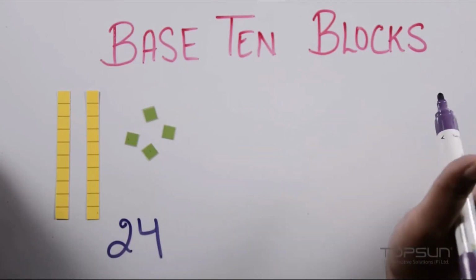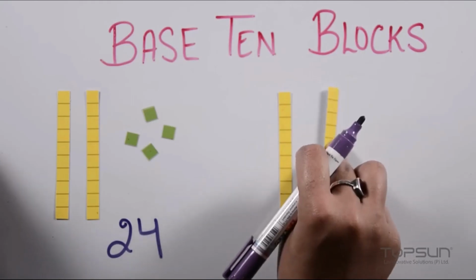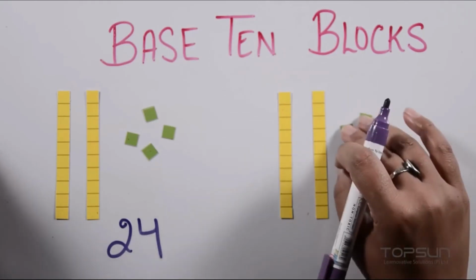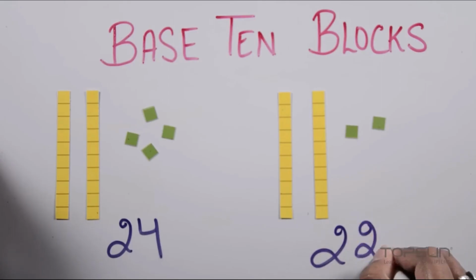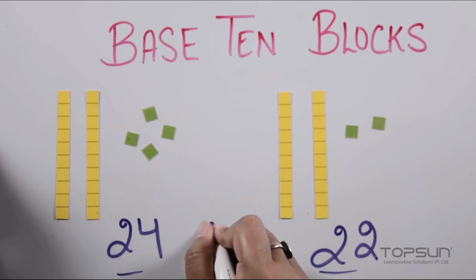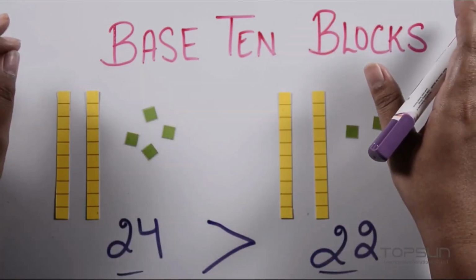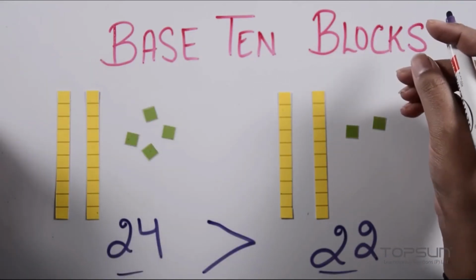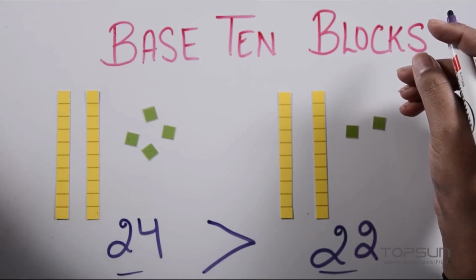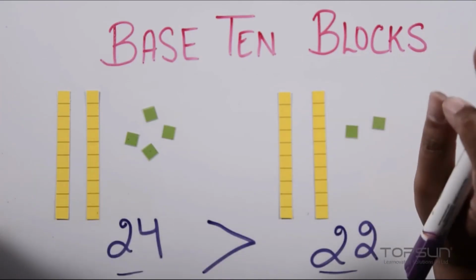We can also compare numbers too. Let's suppose I'll take another 2 ten rods with 2 units at once, making the number 22. Now kids can instantly find which among the following is the greater number. Therefore, such activities help to know the base 10 blocks and use them to learn and understand the math that they are scared of. In short, an easy hands-on material to make learning a fun activity.